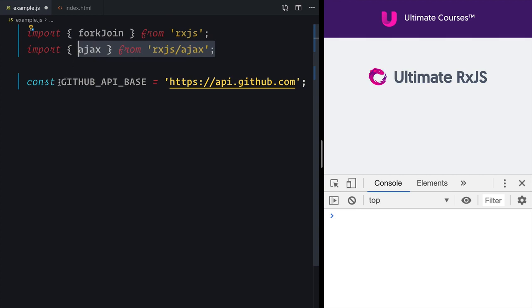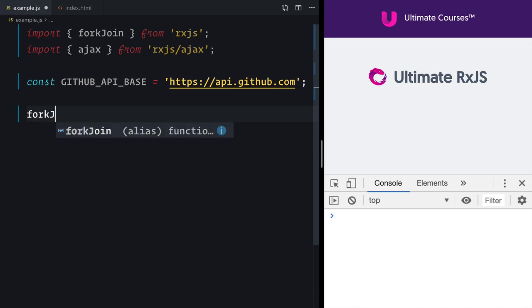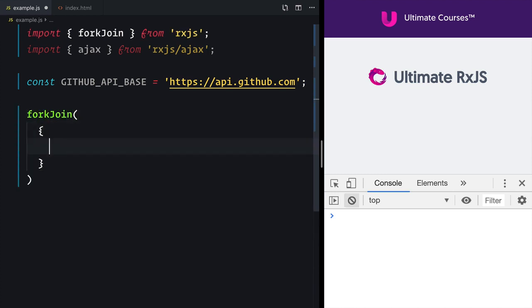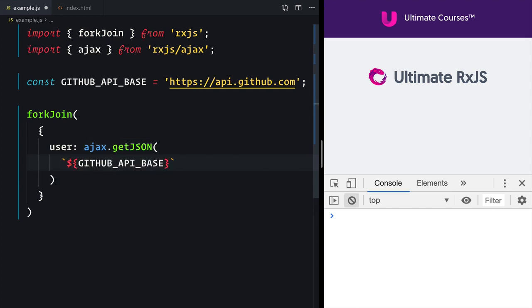I also have a constant for the base GitHub API URL. Let's use fork join to fire off multiple requests to retrieve user and repo information, logging the emitted results to the console. So let's call fork join, and for this example, let's pass in an object map of AJAX observables. We'll name the first property user, and use the ajax.getJSON method to create our AJAX observable. For the URL, let's use a string literal to combine the base API URL with the URL to request the ReactiveX user info. So this is just